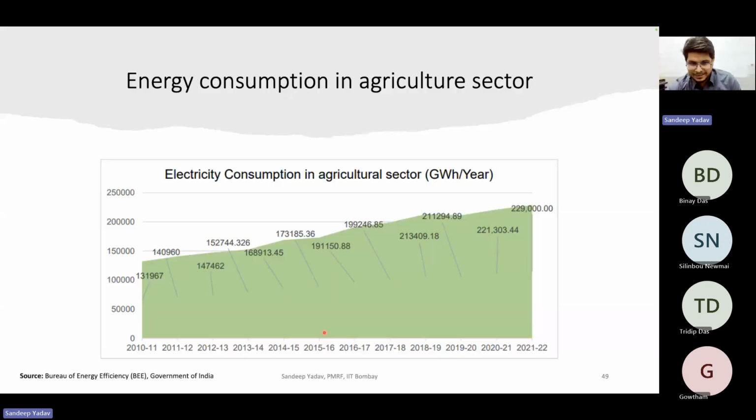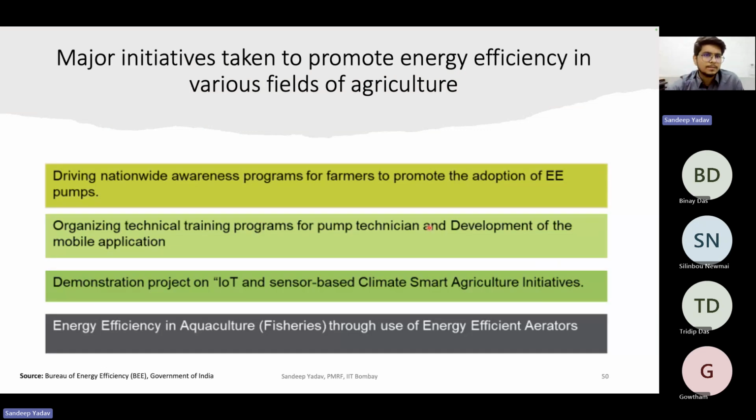In the sector of agriculture, if you see the electricity consumption in gigawatt hours from 2010 to 2022, it is continuously increasing. So there should be some policy. There are a few major initiatives that have been taken to promote energy efficiency